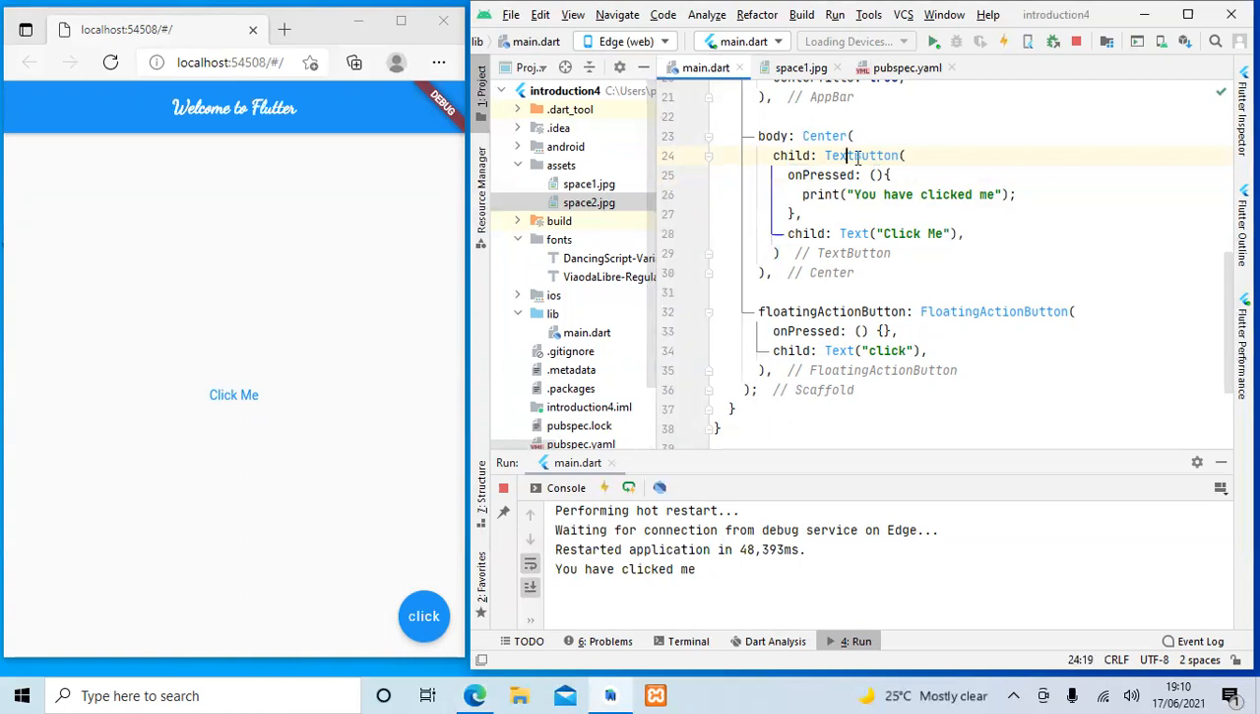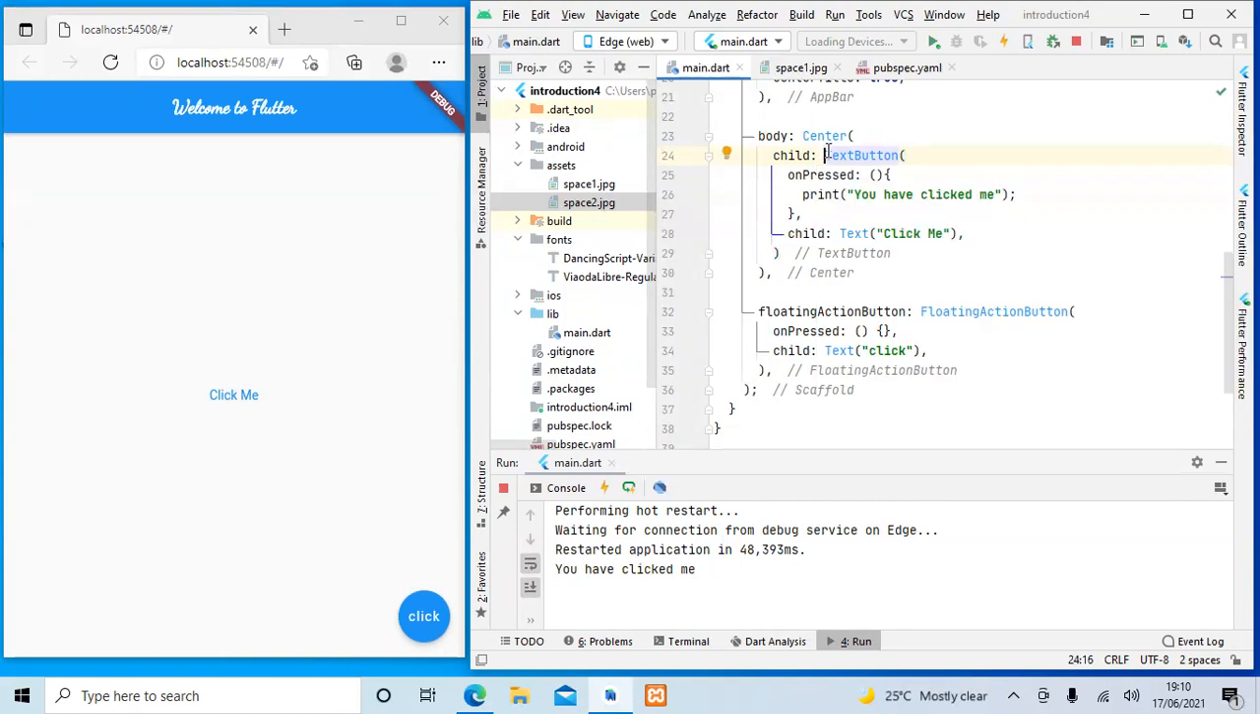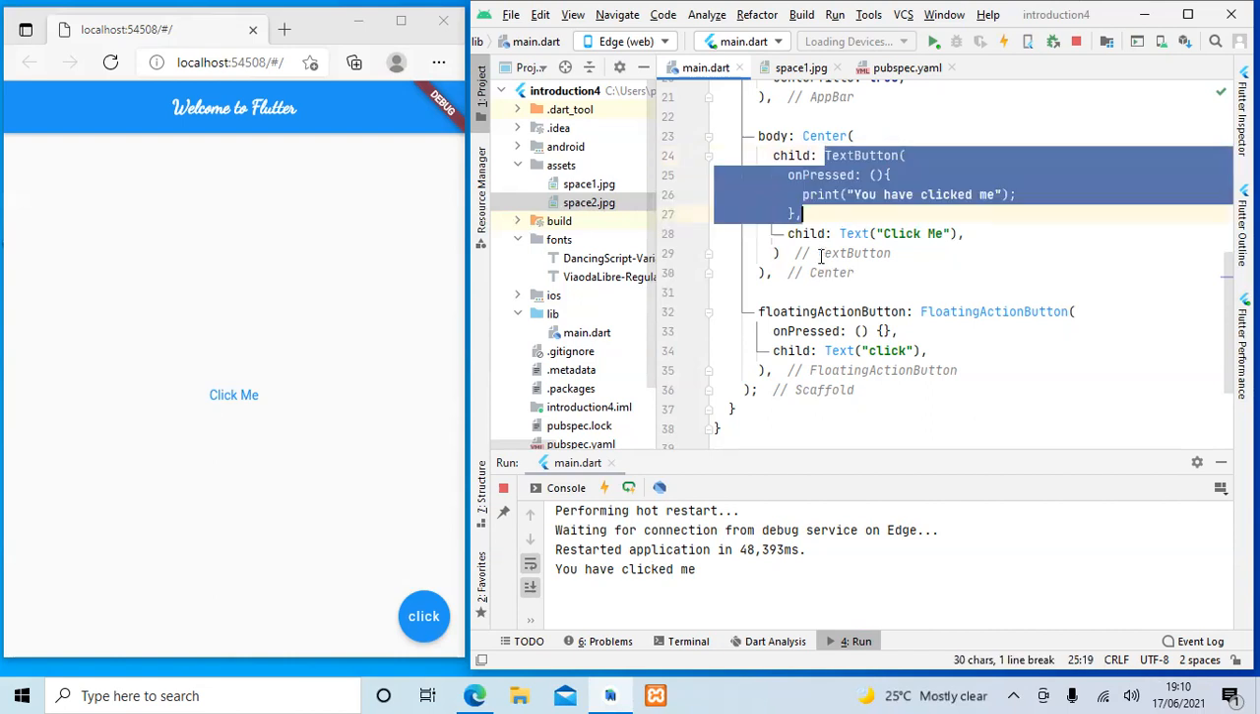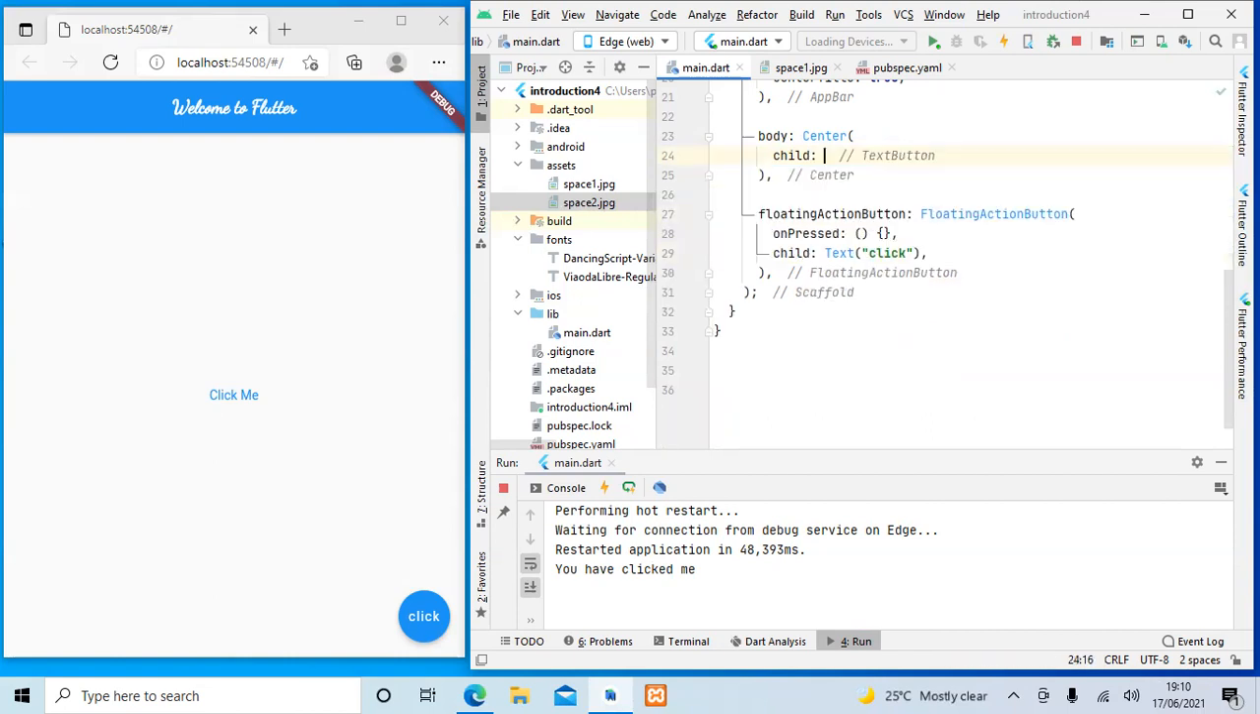So now I want to remove the button, and then replace it with a symbol. Meaning that in my body, after the child, I'm going to remove this text button. It starts from here up to here. So I'm going to remove it. And then I want to replace it with an icon, meaning that I'm going to use the Icon widget. Then inside the Icon widget,